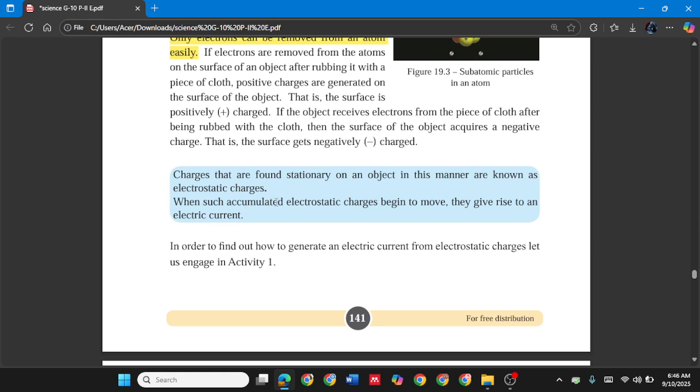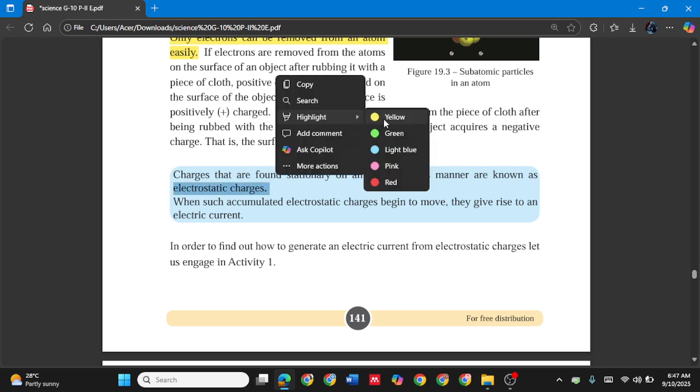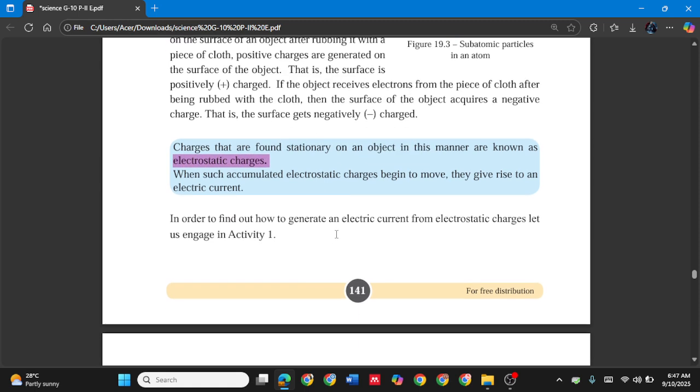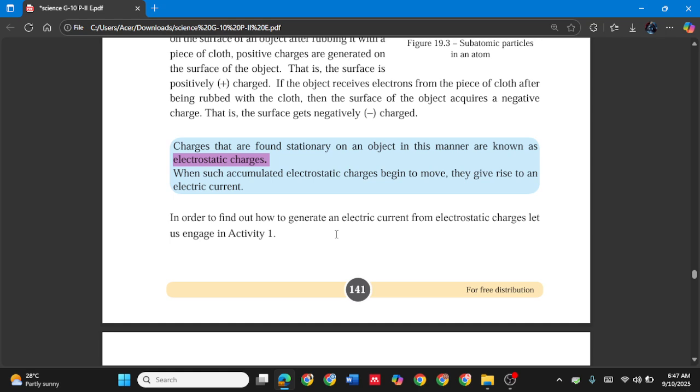When such accumulated electrostatic charges begin to move, they give rise to an electric current. So, charges that are found stationary on an object in this manner, that means if some object gets positive charge and some object gets negative charge, we obtain these charges by rubbing. After we get this type of charges, we call them what? Electrostatic charges. And when these accumulated electrostatic charges begin to move,